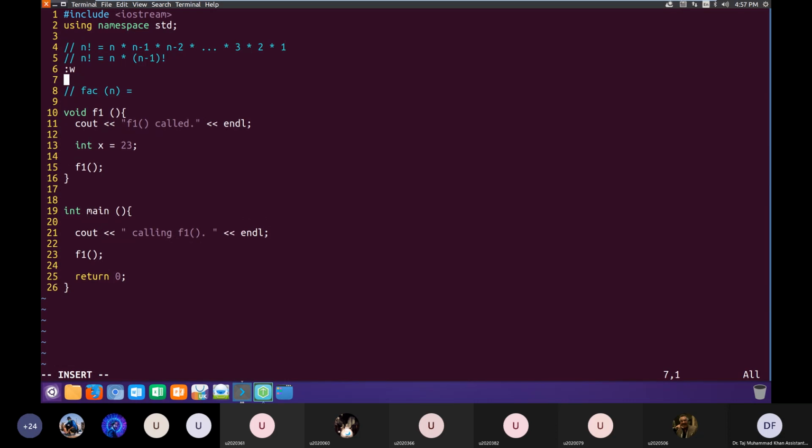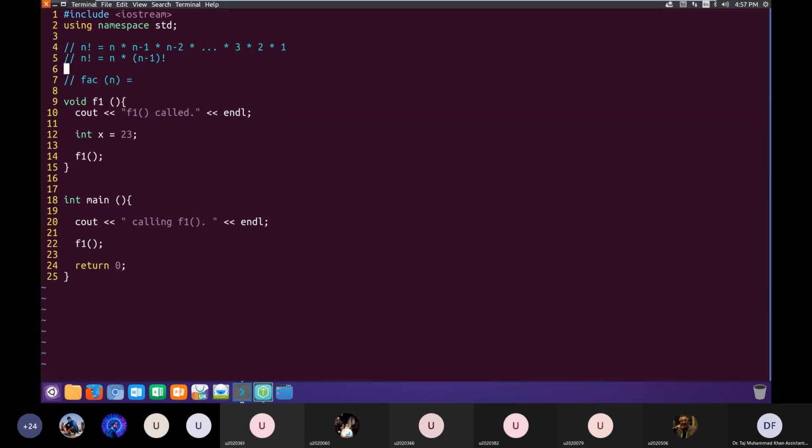So here what we have done is that we have defined this factorial recursively. We are defining factorial in terms of factorial. So n factorial is basically n multiplied by n minus 1 factorial. And what is n minus 1 factorial? Again, we can define it recursively: n minus 1 factorial is equal to n minus 1 multiplied by n minus 2 factorial.